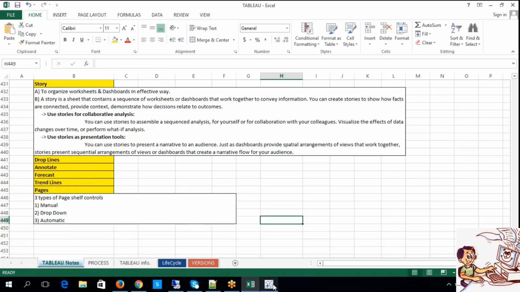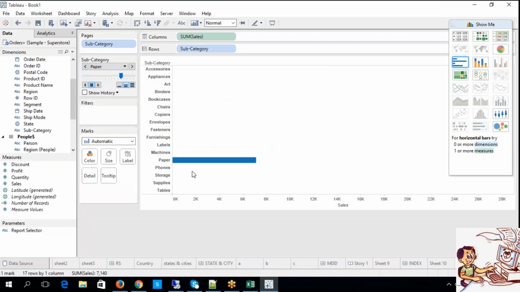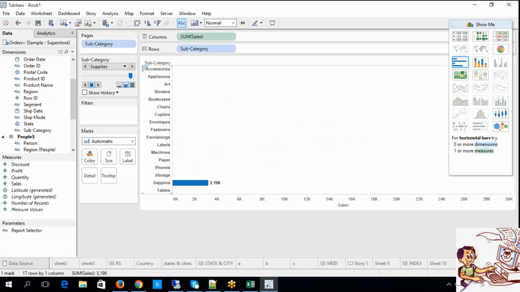Manual, in the sense, look at this. We have so many values. Now look at this, paper. It will select only the corresponding values. When I select paper, it gives me only these labels, specific values. That is manual. Now the moment I hit this arrow mark, look at the behavior here. That is one thing.